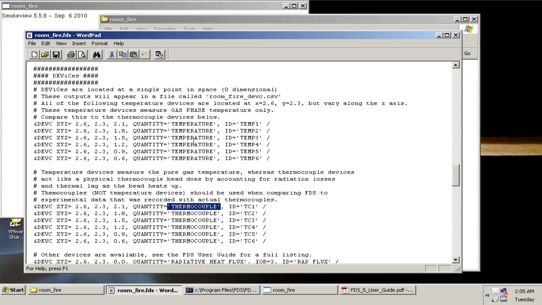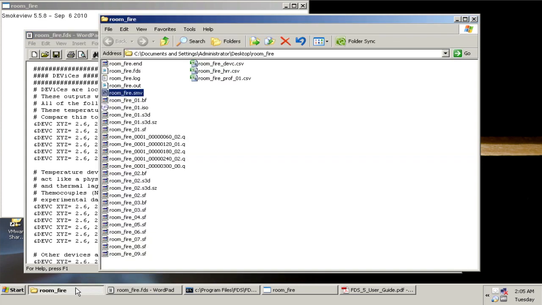So there will be a difference between the two. I've made a note that if you're comparing to experimental data, it's best to use a thermocouple quantity instead of temperature, because this will reflect corrections for the thermocouple. So if we go over to the folder where I have my FDS output files,